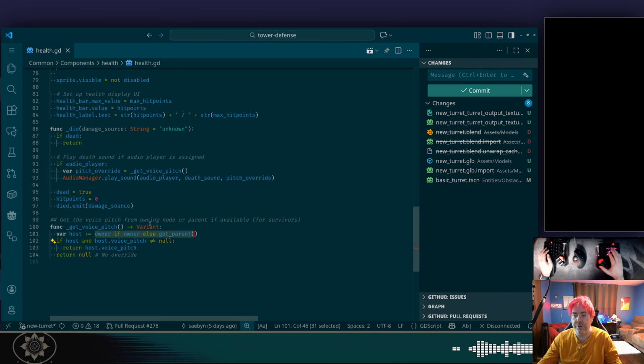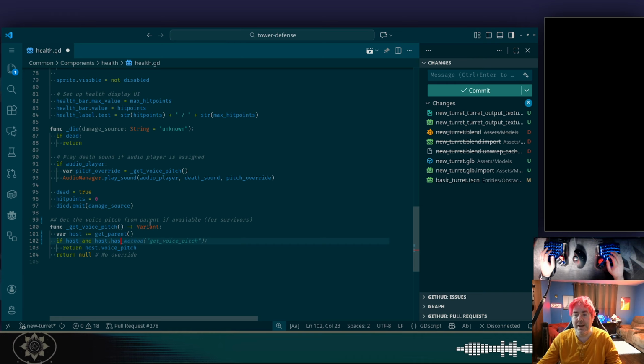So first of all, this is just this, and then we get an error because we're attempting to read this. What we would need to do is